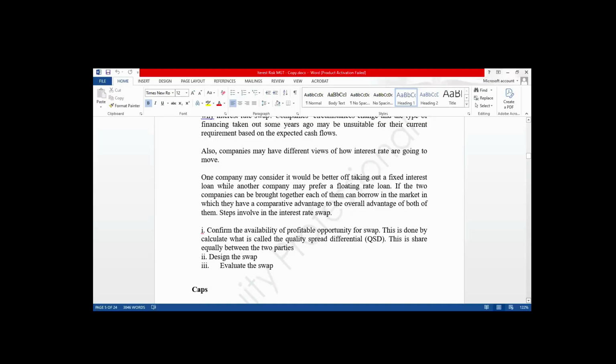If you are faced with question on interest rate swap,